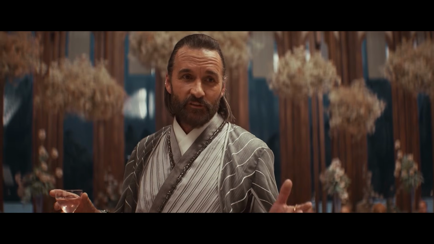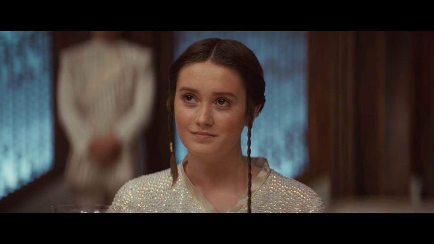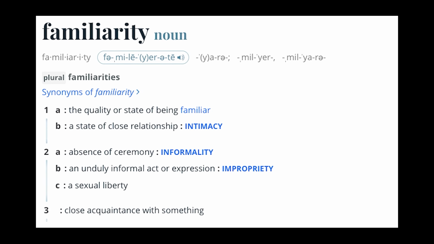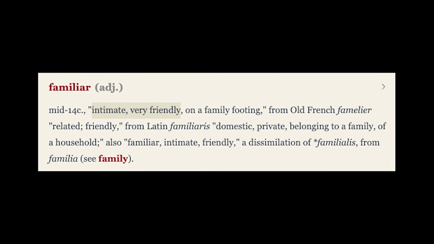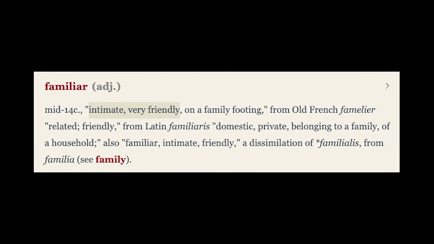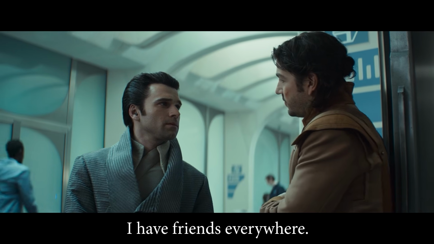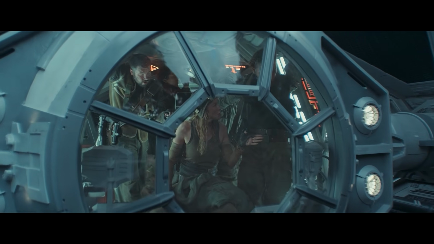When you think of home as a motif, words like comfort, family, and familiarity come to mind. Familiarity is a great word to use here, and I think that this is yet another sub-theme in this arc. It comes from a Latin word meaning intimacy or friendship, which immediately makes me think of this iconic phrase the Rebels use in Season 2. "I have friends everywhere." It's funny, there's a lot of spoken references to friendship in this arc.